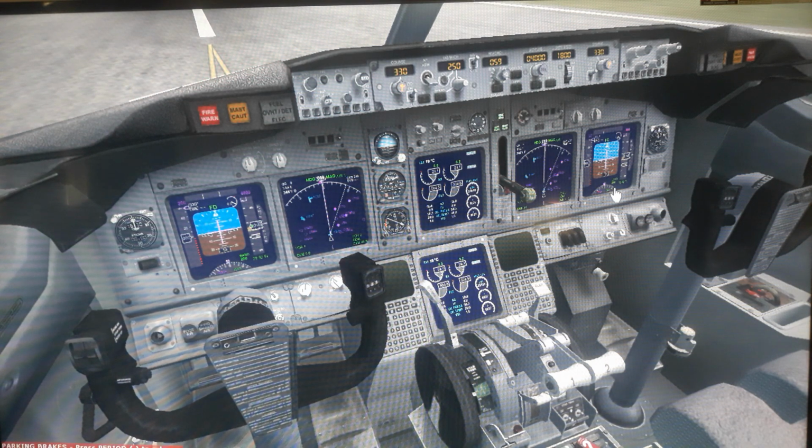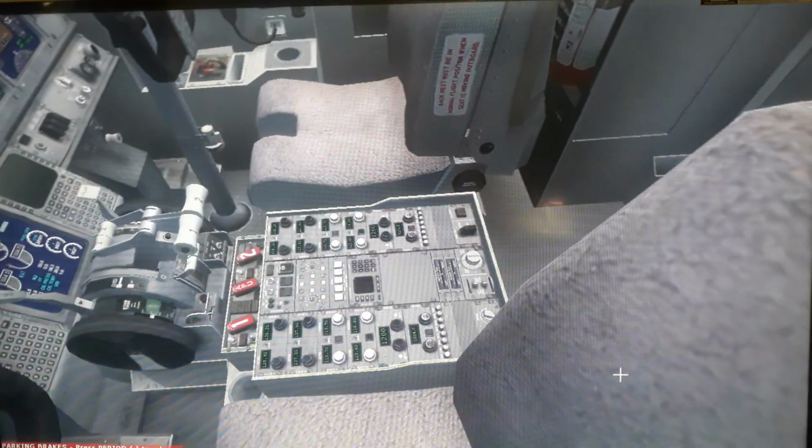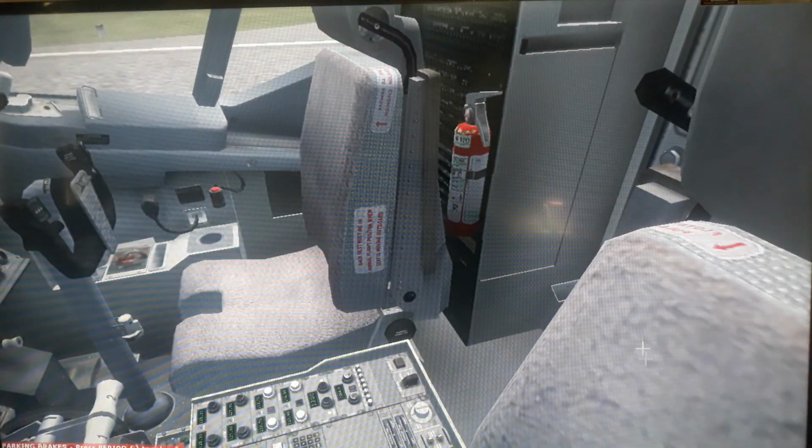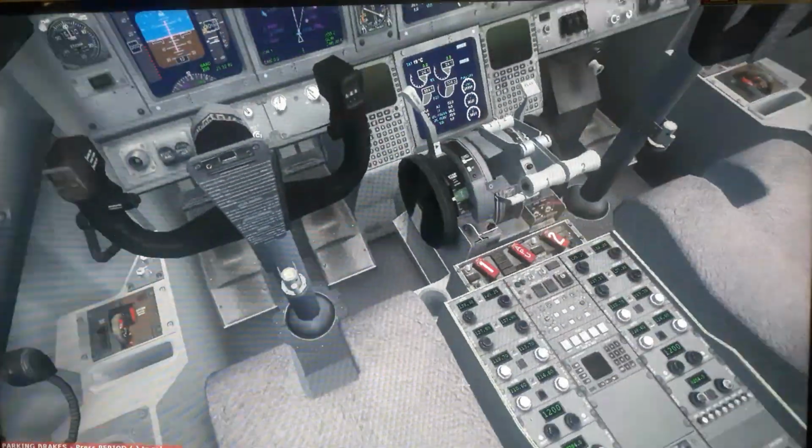Now, this is the throttle pedestal. Okay, this is the throttle pedestal. Now we pulled it up on the top, so we will do that and then look at that. And back here, these are the circuit panels and things like that.